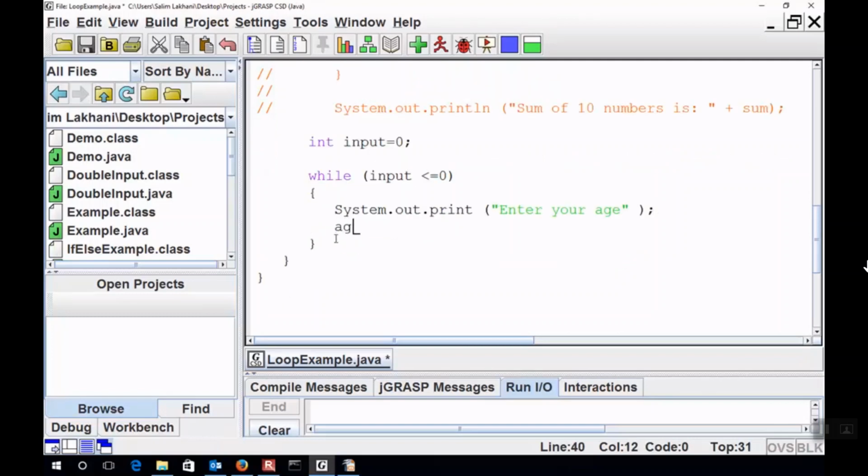And then I'm going to go and read the age. Okay, and then I'm going to say if age is less than or equal to 0, then I'm going to display a message. Okay, so I'm going to say